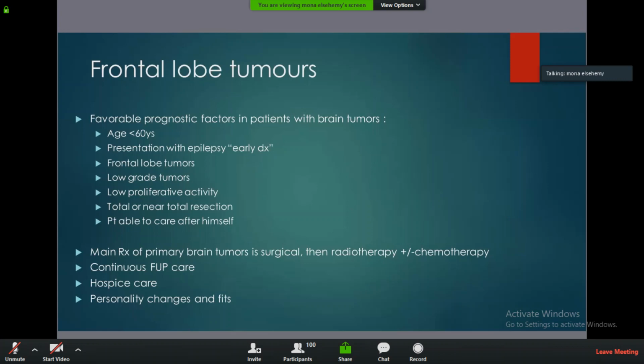Pancreatic cancer I mentioned about. Now about HIV. HIV is a heavy topic. It can come in different situations. I don't know if the time of the session will extend to cover it or not.